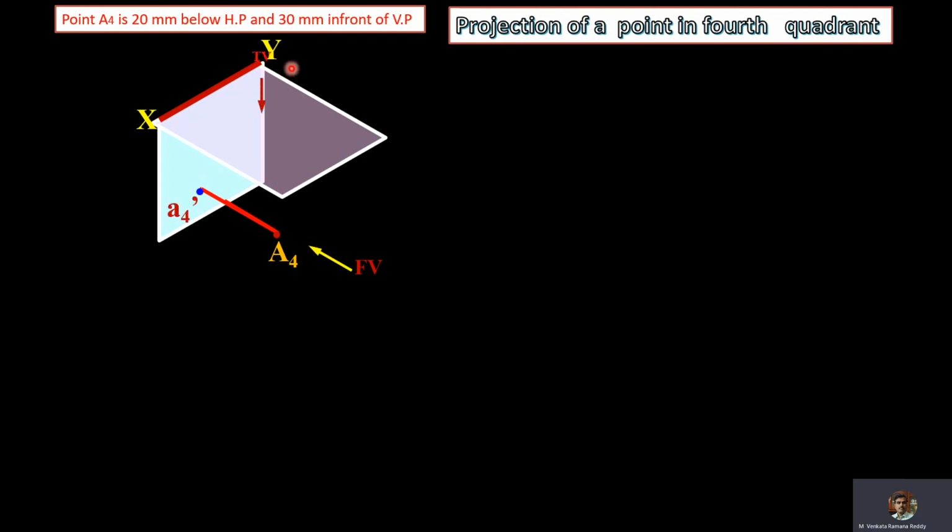And then we'll move towards top view. In the case of top view, we'll see the position of the point from the vertical plane and the view is projected onto the horizontal plane. We'll see the distance from the vertical plane, that is 30 mm. And then this horizontal plane is rotated 90 degrees clockwise so that it is going to come below the XY line. There is no question of change in the vertical plane. Here both HP and VP coincide with each other.